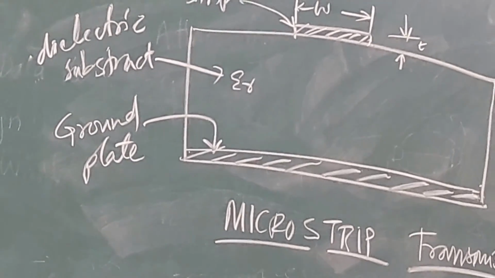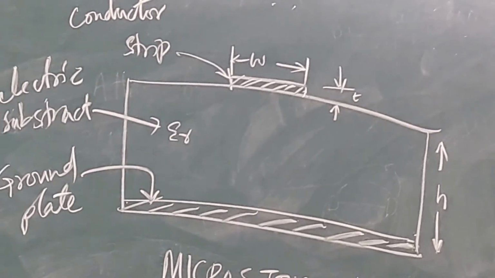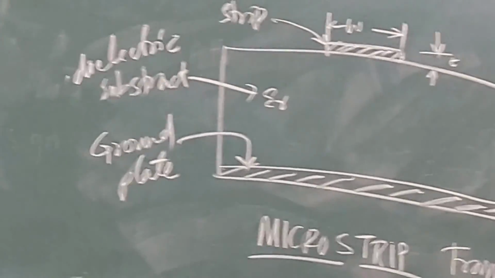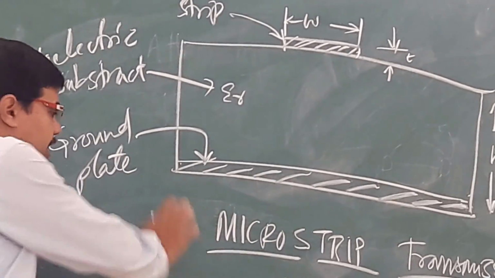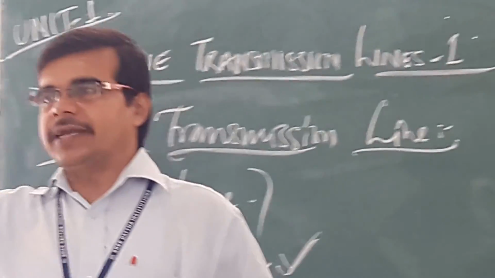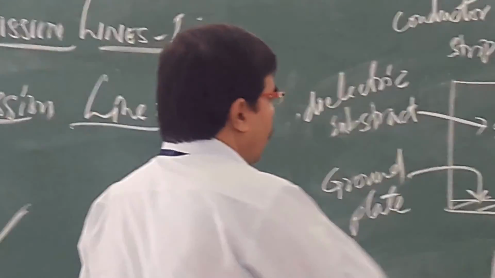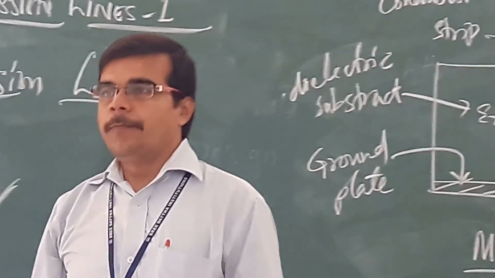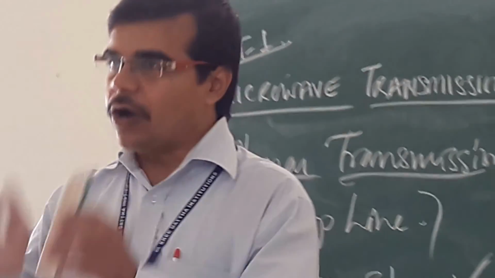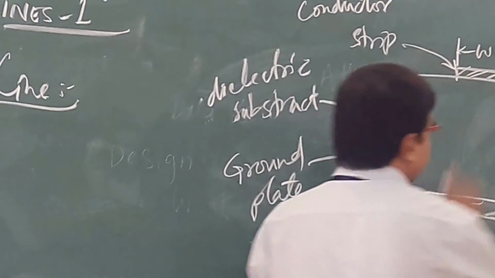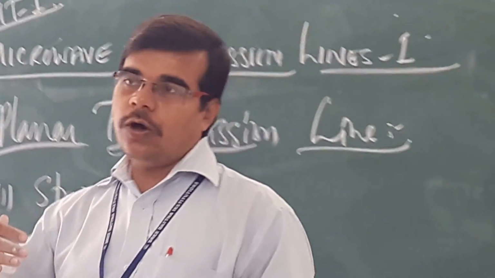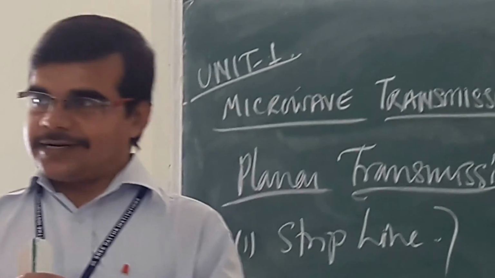Microstrip transmission line. When we are going for your microstrip transmission line, if you are seeing from the construction itself, it is having two plates. You are having this ground plate, which means it is your metallic ground, and you are having one conductor strip. Both are unsymmetric. Both are not parallel. If you are considering, their length is something different. So your ground plate and the conductor strip, they are separated by some dielectric.